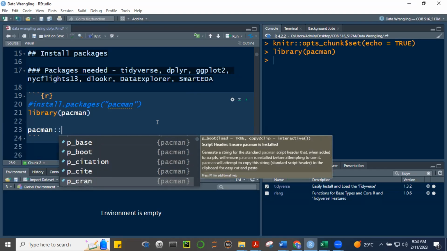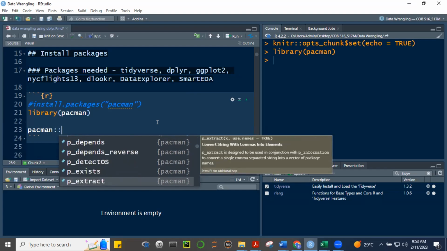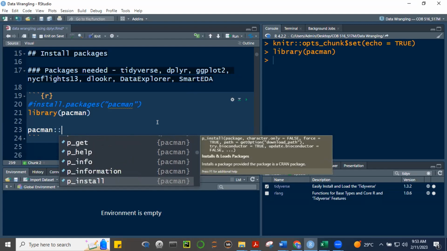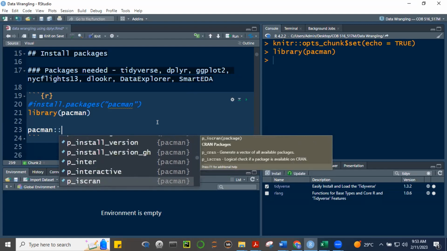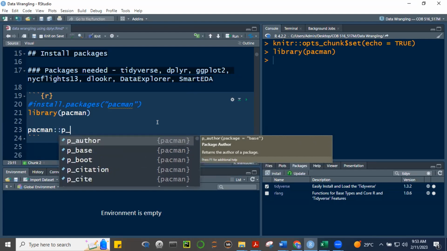And there's this function called p_load. Tingnan nyo to. When I type pacman and then double colon, it will give us the functions that come with pacman. So if I type p and then underscore l,